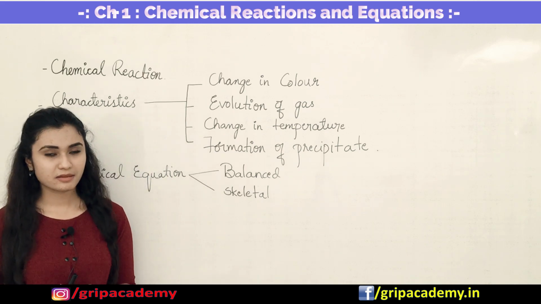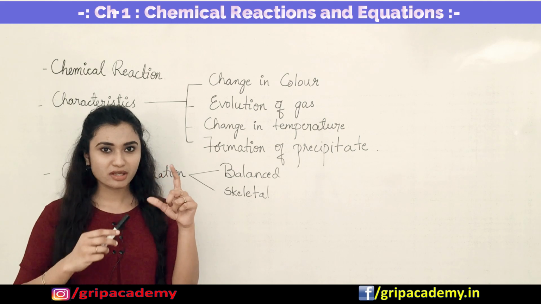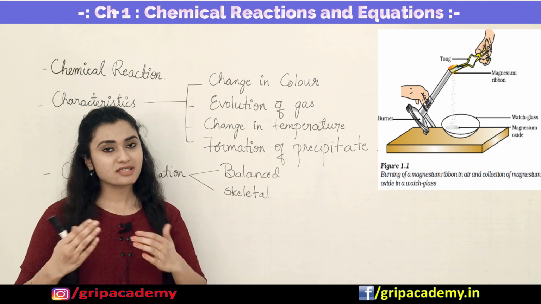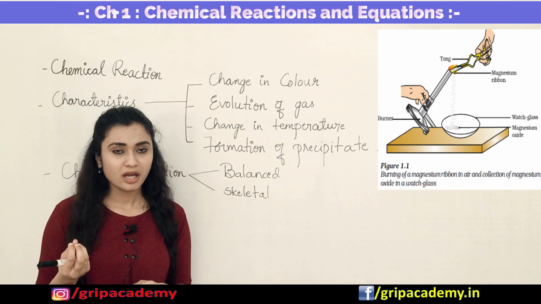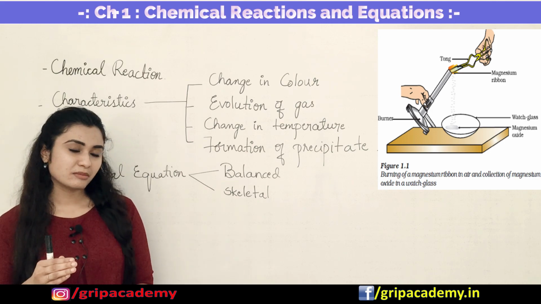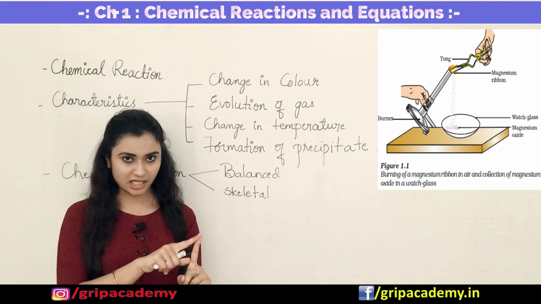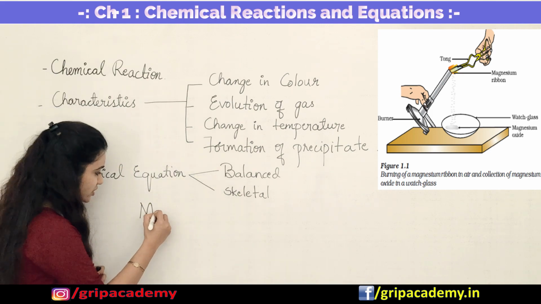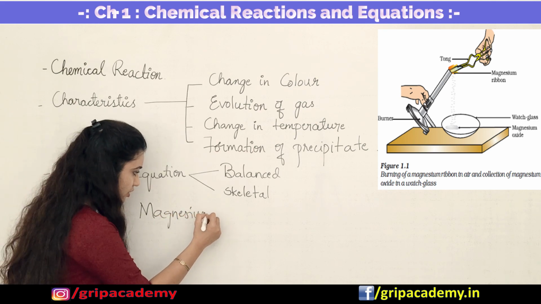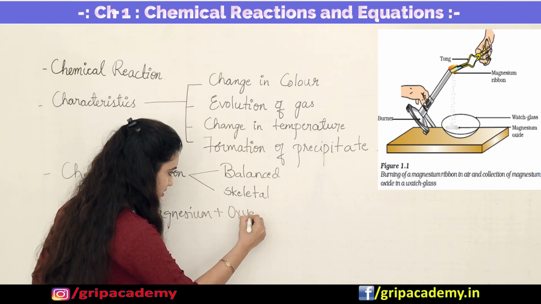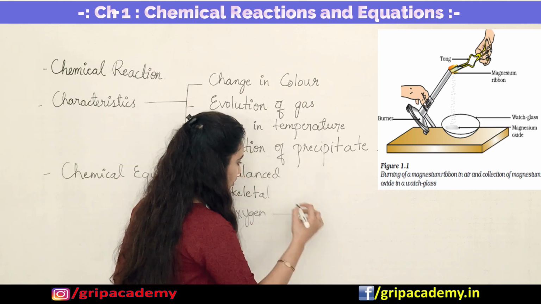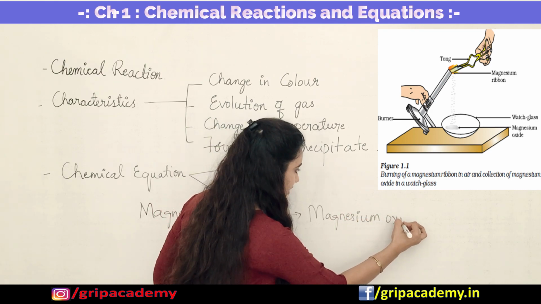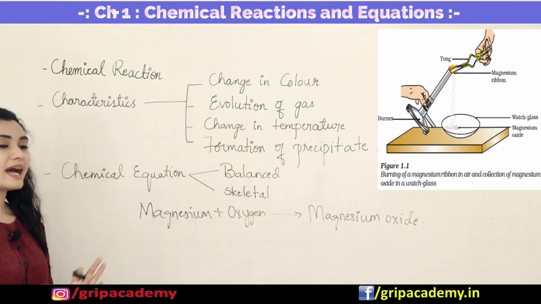Let us understand this by considering one example. We can take one magnesium ribbon and burn it in the presence of oxygen, okay? So what could be the reaction? After some time you could notice a white powdered form which would have fallen down, and that is nothing but magnesium oxide, because you are burning magnesium in the presence of oxygen. So let me write it: magnesium, which you are burning in the presence of oxygen, or atmospheric air. What you are getting is a white powder called magnesium oxide. This is going to happen when you do that.